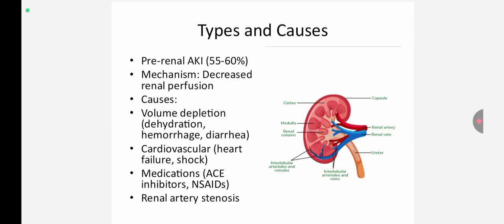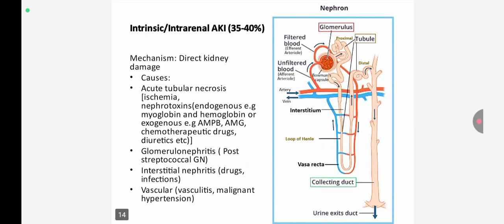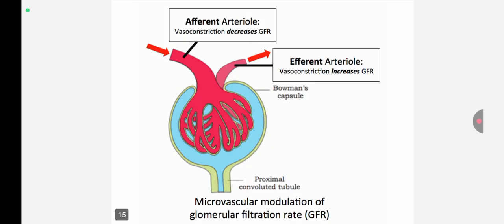When there is volume depletion via dehydration, hemorrhage, diarrhea, heart failure, congestive heart failure, the heart cannot pump enough blood to the kidney. When there is shock, if you are using medication. Now I mentioned earlier when I was explaining the regulation of glomerular filtration rate, exactly here. So I mentioned earlier how this can affect